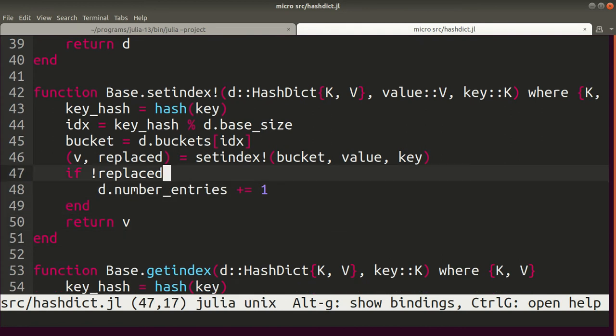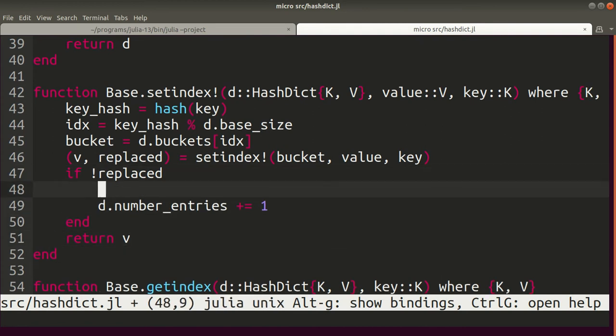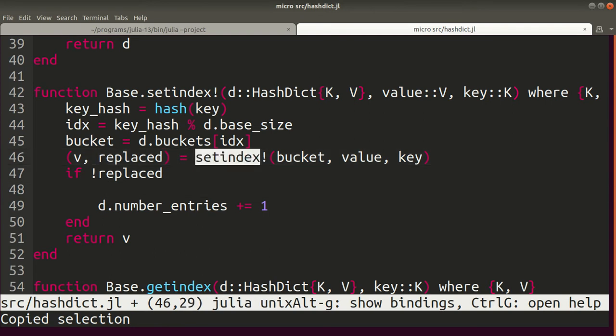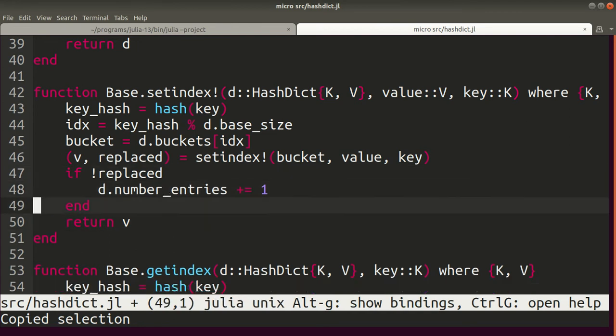It's here that we have to check if we are going over the maximum number of entries. So at this point the element has been added already, so we just check here, increment the number of entries,